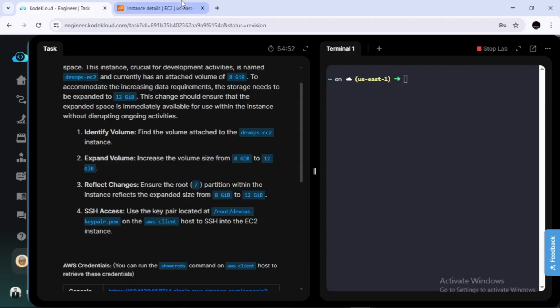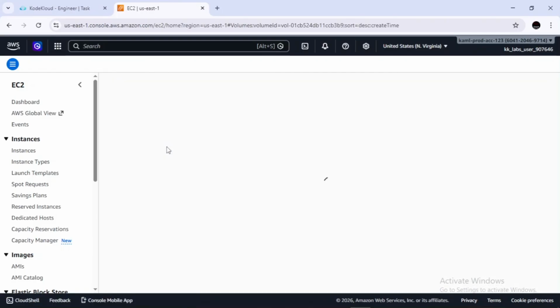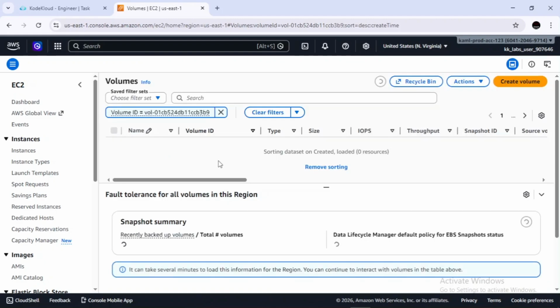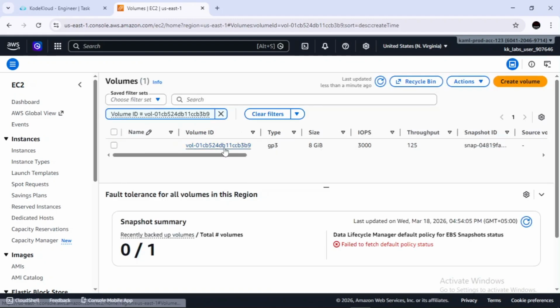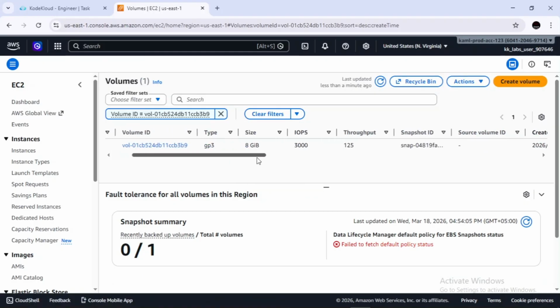So the problem here is we can click on this volume and expand this storage from the console, but it is important to reflect these changes in the EC2 instance.